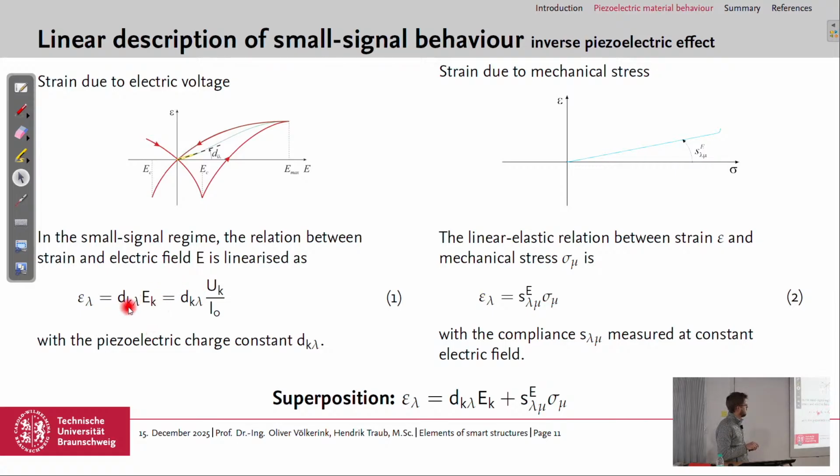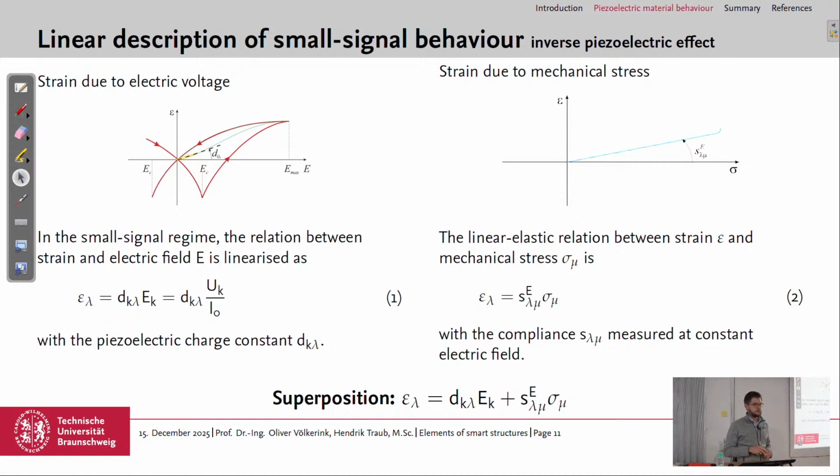And the electric field could also be expressed as the applied voltage divided by the distance between the electrodes. So strain equals piezoelectric charge constant times the electric field. This is the strain, not the displacement, which is due to the electric field and the